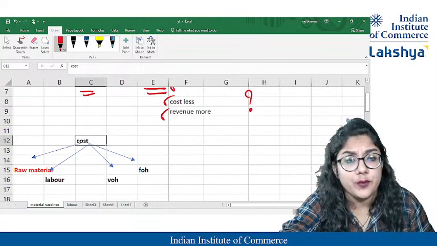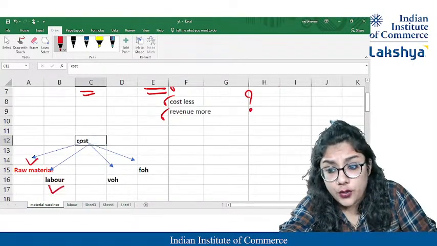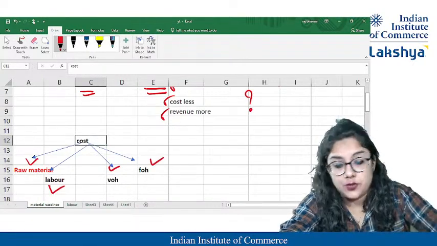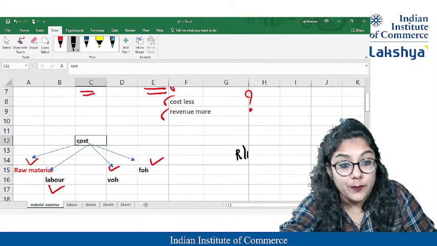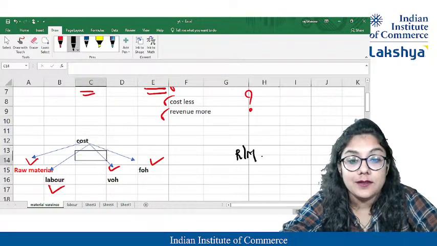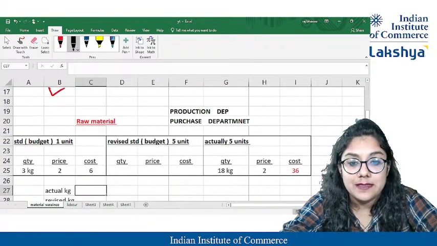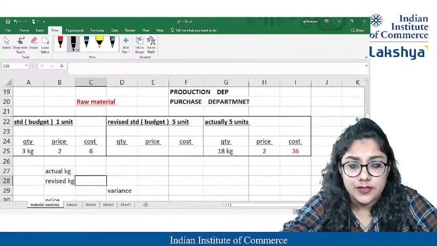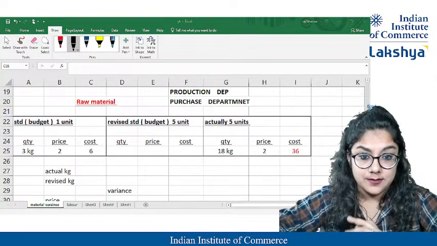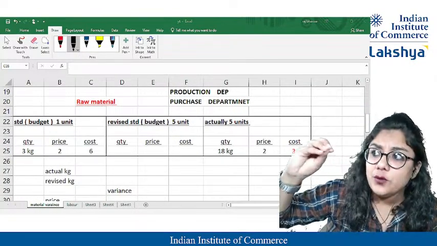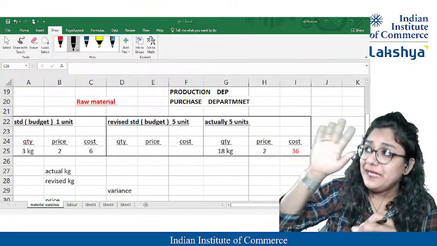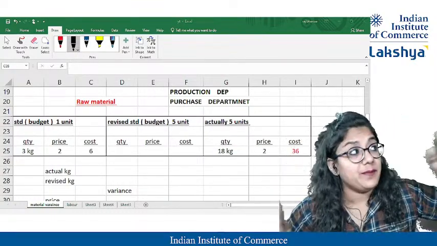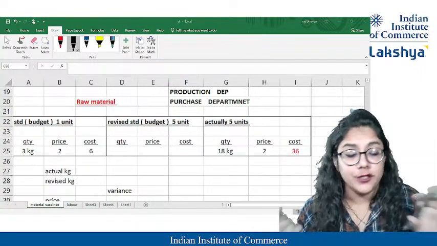Maybe it could be a manipulation of raw material, labor, variable overheads, or fixed overheads. So moving ahead to the most crucial element, which is known as raw material. I have tried to make it very easy. There is a concept known as variances. It means what you thought the raw material you will require to manufacture on day one, it's not compulsory that much raw material you will require by the year end also.